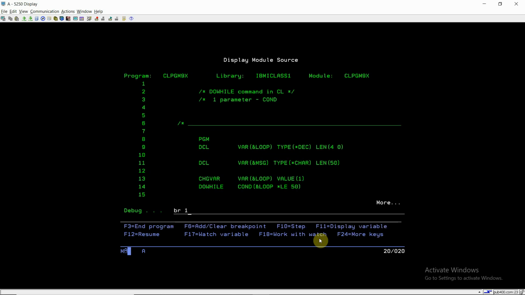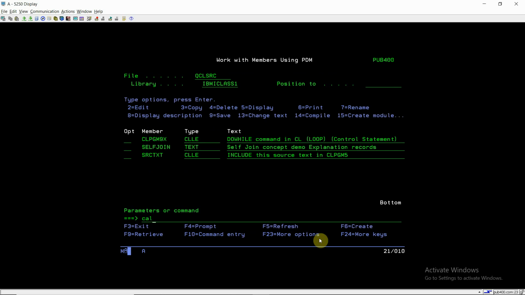We will be setting the breakpoint at line number 1 and calling this program, CLPGM9X.